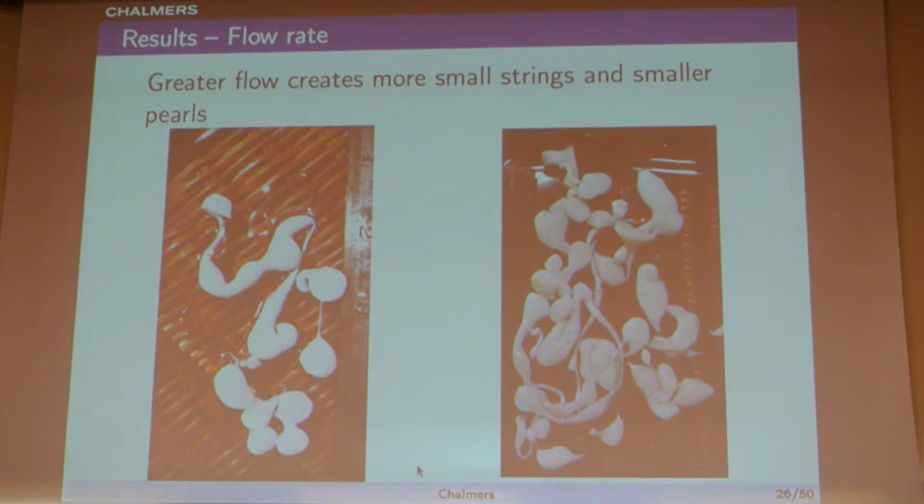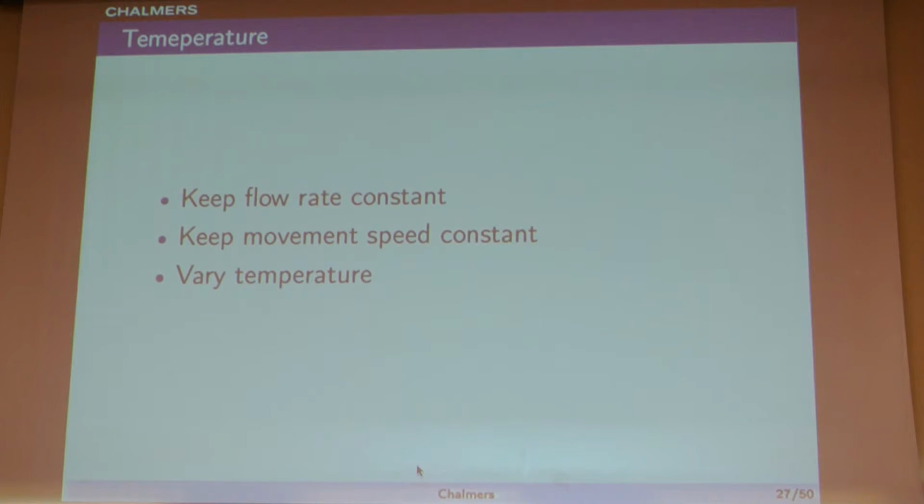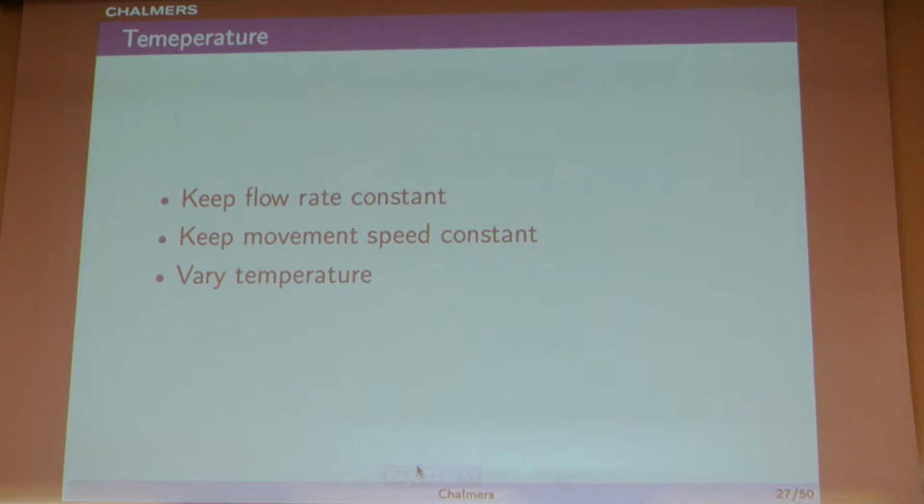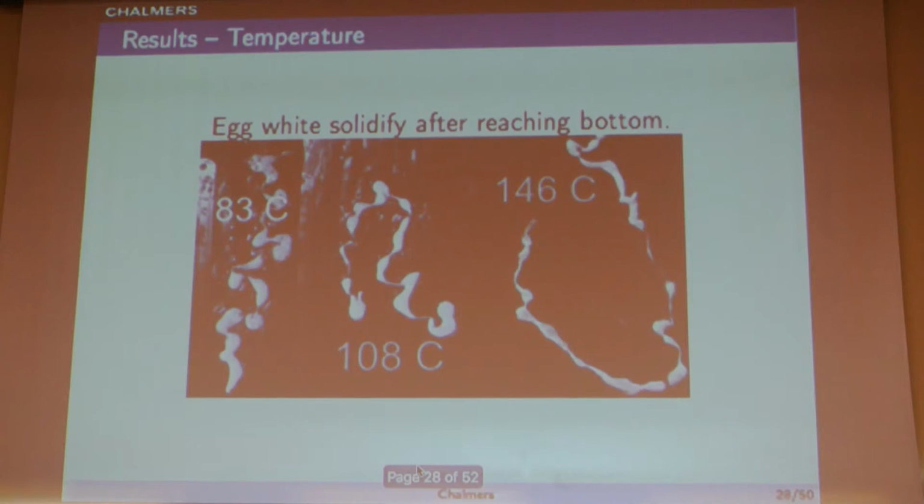Here is 3.5 milliliters per second, and on the right one, 17 milliliters per second. As you can see, the flow rate is clearly affecting the number of these pearls generated. If we consider the temperature and vary it, we see that at higher temperatures, the egg will naturally solidify much